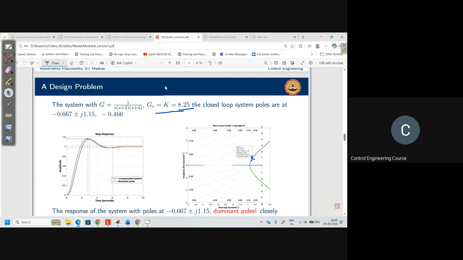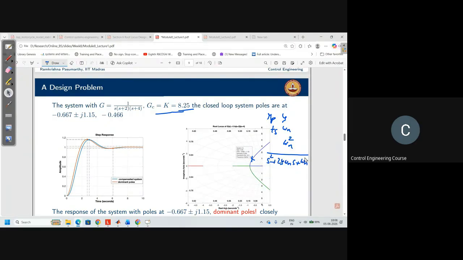The specifications that they have given are Mp and then the settling time, right? So from this we can calculate zeta and omega n. Then we can follow the standard transfer function formula, omega n squared by s squared plus 2 zeta omega n s plus omega n squared. This is your closed loop system, right? So for this closed loop system, calculate the system response for the step input, where s is your dominant poles.